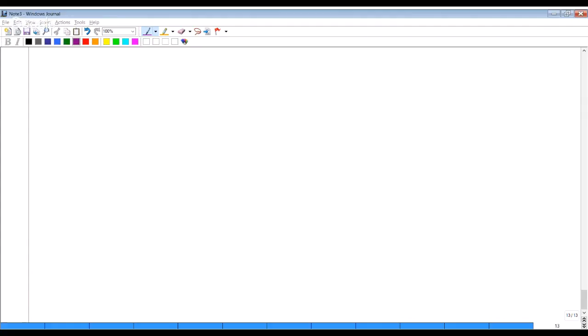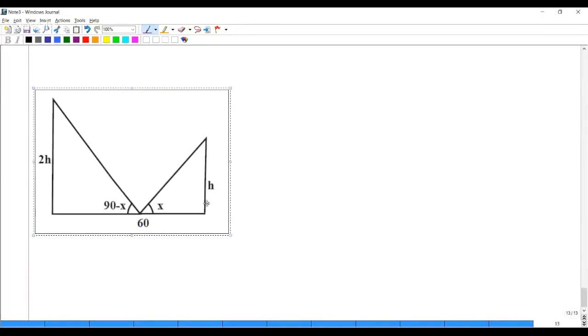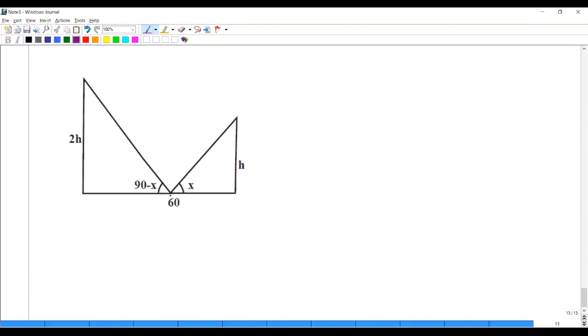If you look at the figure, there are two poles. One is h, the other one is 2h. And exactly this is a midpoint. If it is a midpoint, then this must be theta 30 and this also must be 30. So it is given that